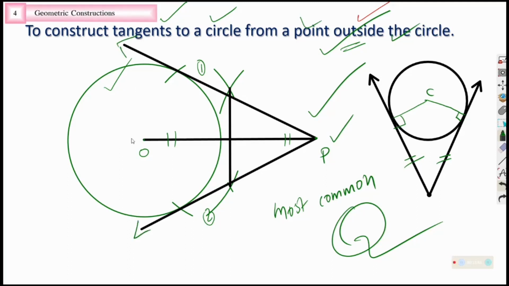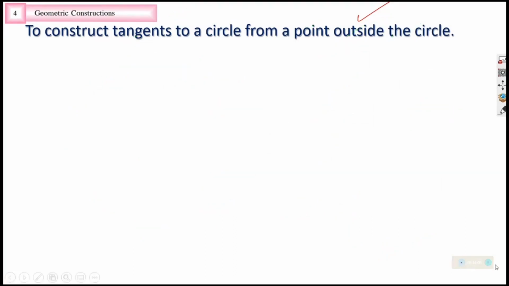Instead of a scale, I used the lines directly because scale management is a little tough on a digital screen. Okay. Let me see what is there more in your text. So that is the end of the video with the construction of a tangent to a circle from a point outside the circle. You need to practice and practice. Spend 1 week for this particular chapter to practice and be very clear about different types of construction, which gives you full marks and confidence. Thank you.